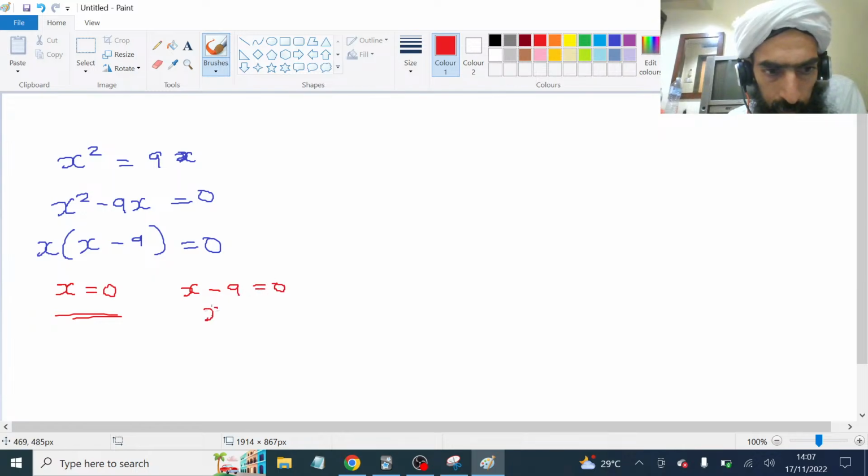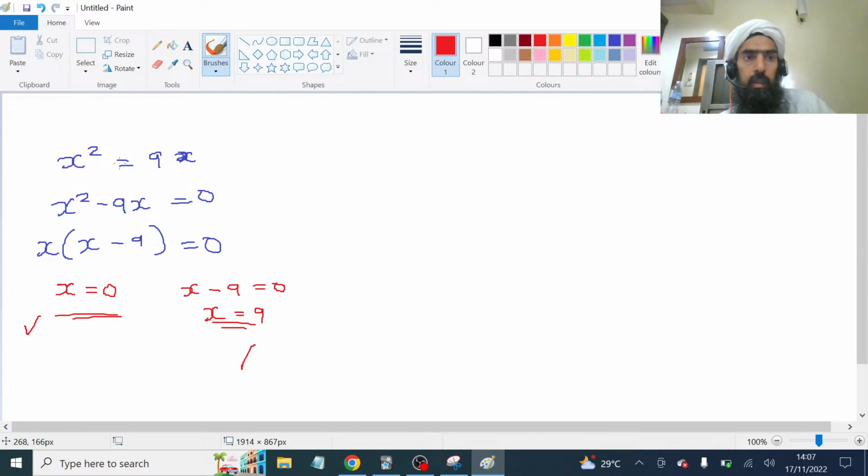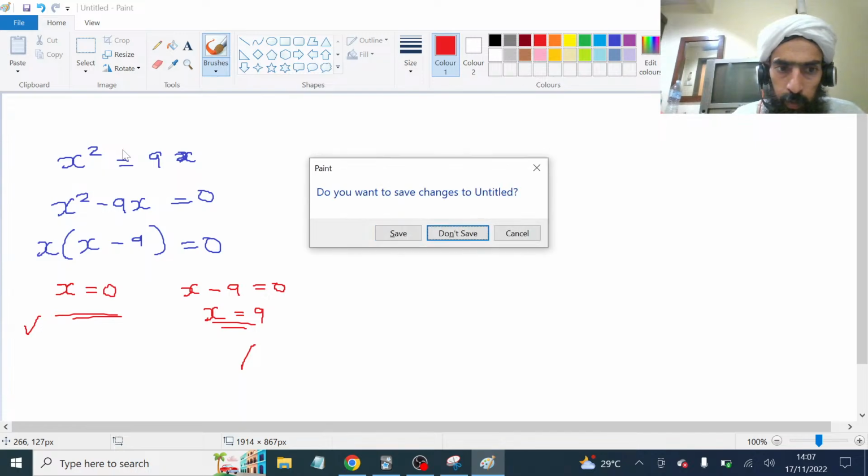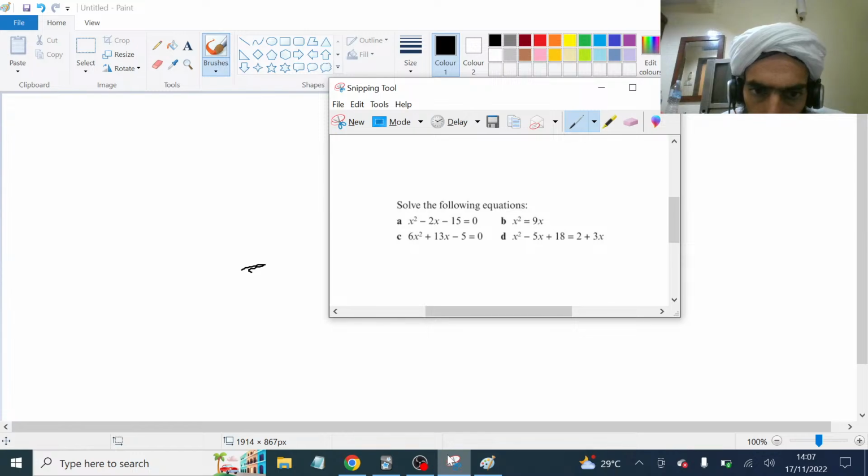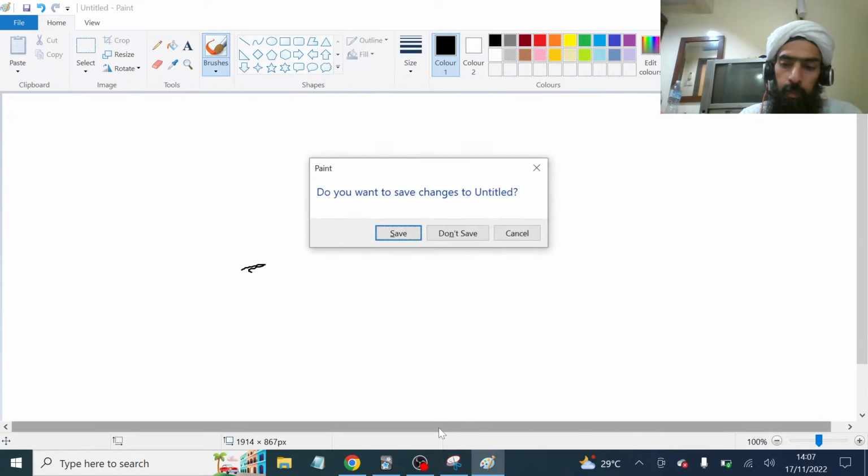Take the minus 9 across, and that's x equals 9. So again, two answers, and we can stop there on that one. Next one is 6x squared plus 13x minus 5